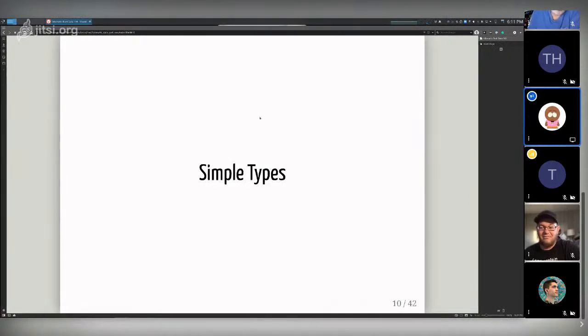Okay. So simple types. Rust has this idea of primitive types and non-primitive types, but I renamed them simple types. These are effectively the basic building blocks of all data, meaning these things generally can't get any smaller than what they are. And if you're looking into arrays and structures, they contain simple types, right? So these are the basic building blocks.